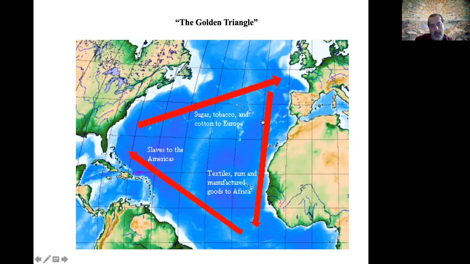So this is a very profitable trade. Even one journey is enough for a merchant to become very rich. Of course, it's not safe, right? And especially towards the end of the mercantilist period, pirates became important. The beginning of the 18th century was sometimes called the golden age of piracy. Remember that Caribbean pirates thing, the movies. So this is that period, but still it's very profitable. And also